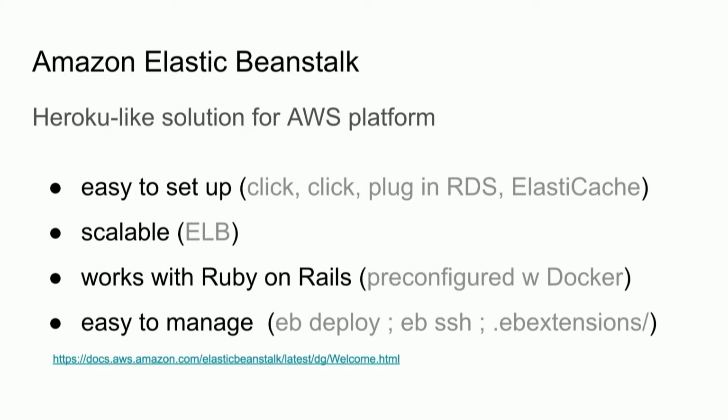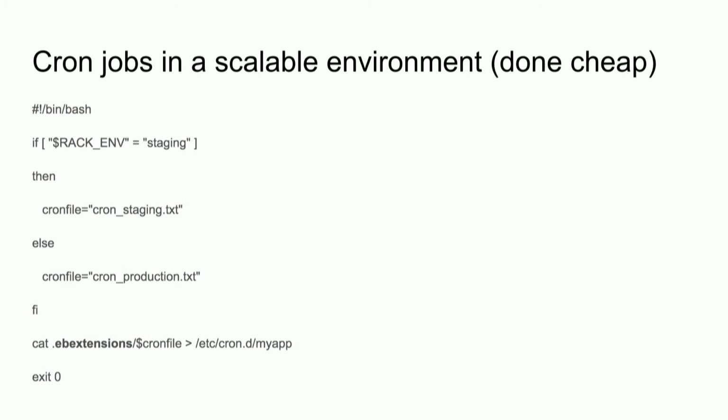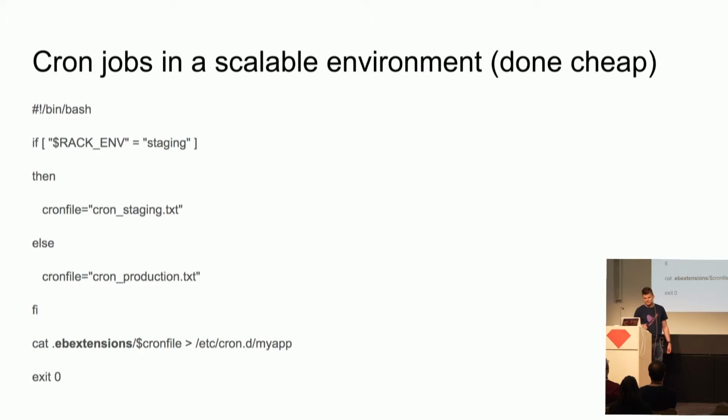Works with Ruby on Rails out of the box. It actually uses some pre-configured Docker images, but it just works. And it's extremely easy to manage with EB deploy. You make a deployment. If you need to debug something in production, you just use EB SSH, and you can put some stuff into a folder in your project, .ebextensions. For example, files like this one to configure your cron jobs. This is a very cheap implementation of some